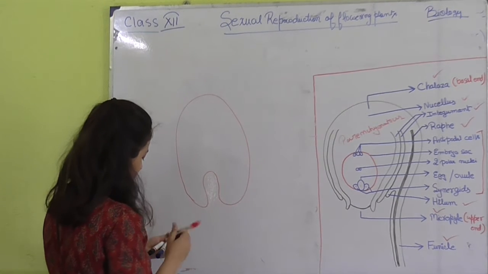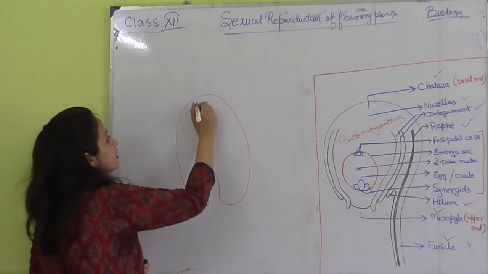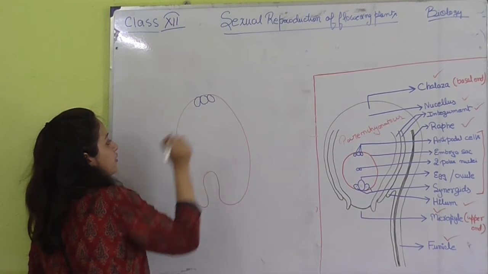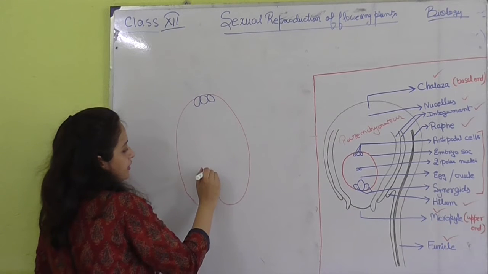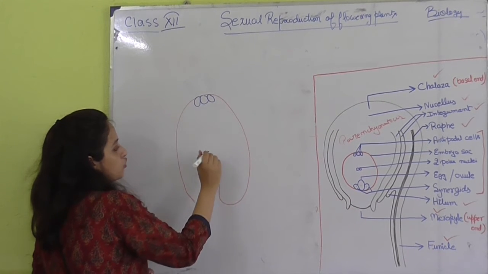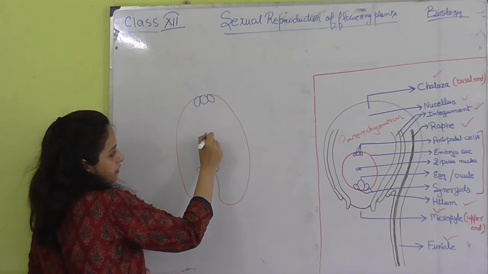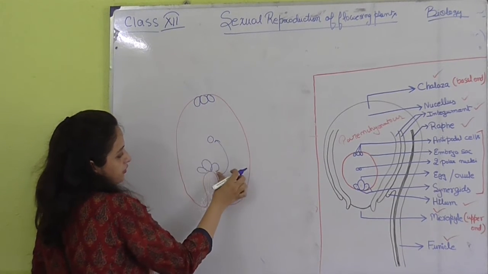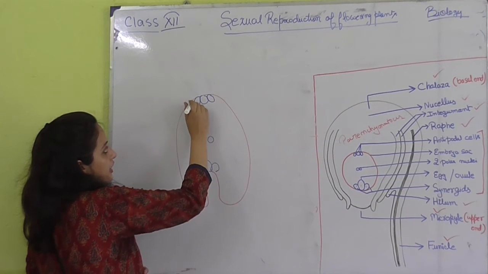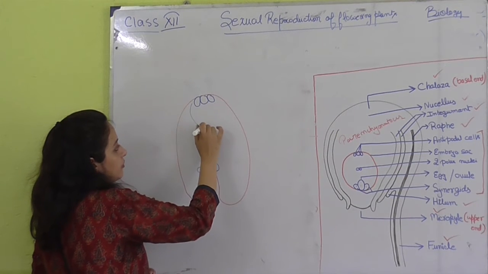So, this is the overview. These are the 3 cells, or we can say the 3 nuclei here, and these are the 3 nuclei here, and the 2 nuclei from this end will come at the middle. From here it will come here, and here again it was formed as you have seen on the earlier diagram. So, it will come from here.